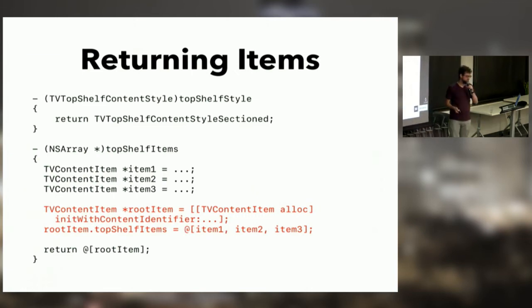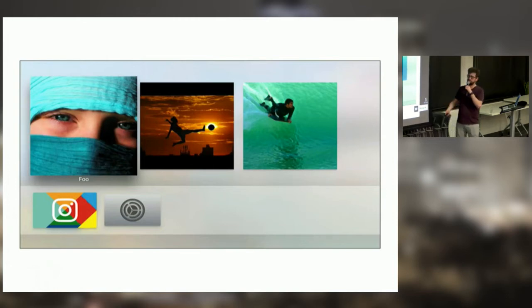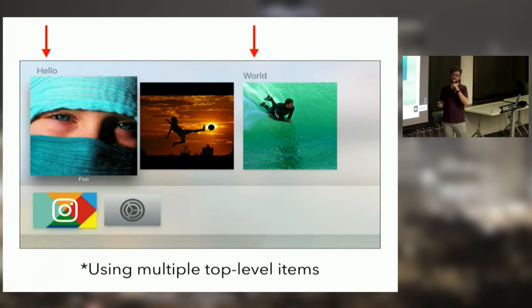So in this example, with my hypothetical 3 items, I've created an extension that has these 3 pieces of content. If you were to provide multiple root items for the section style and give titles to each one, you would get an effect like this. Again, I think the Movies app does this: if you've rented a movie recently and you focus on the Movies app, it says, this is the movie that you're viewing right now, and then the rest of the content is shown behind it.